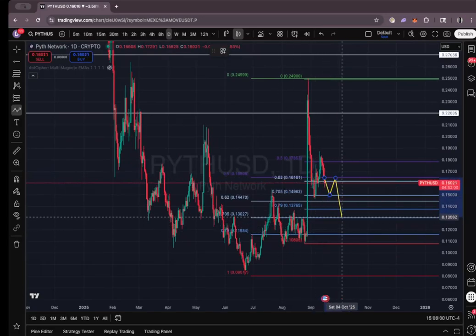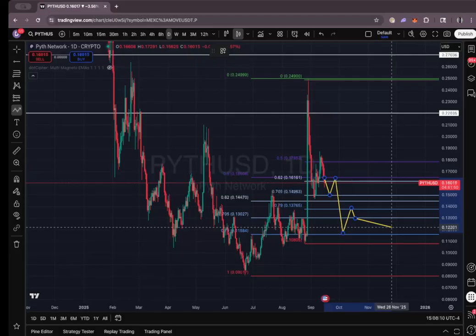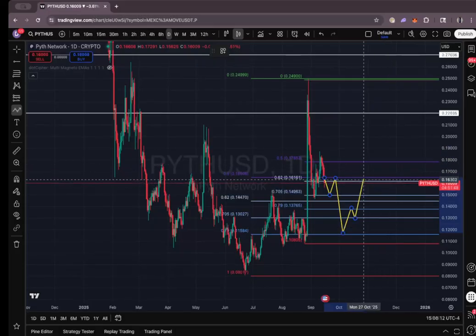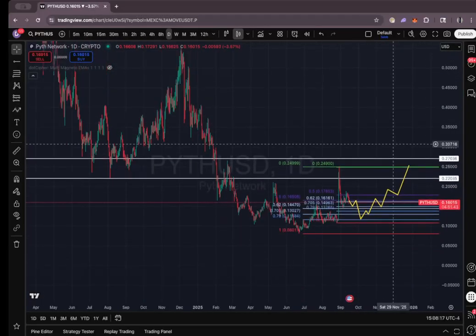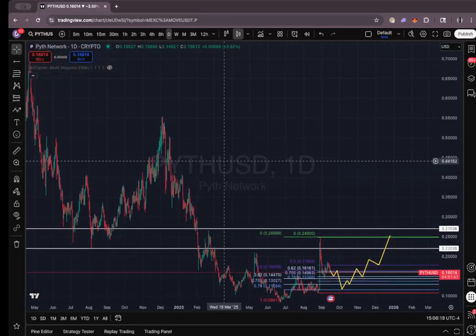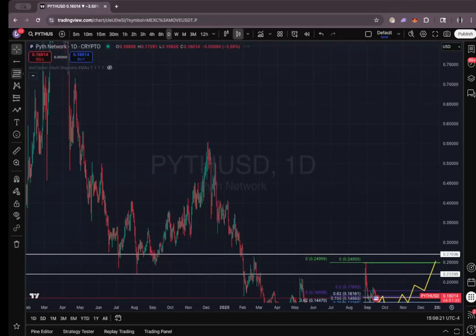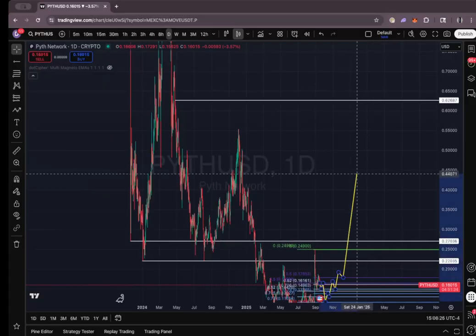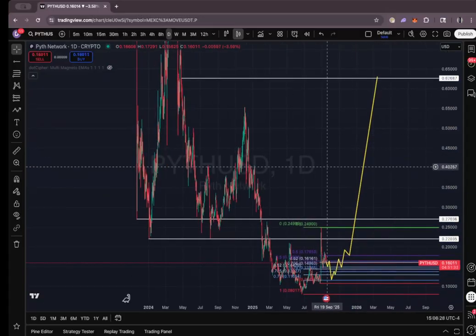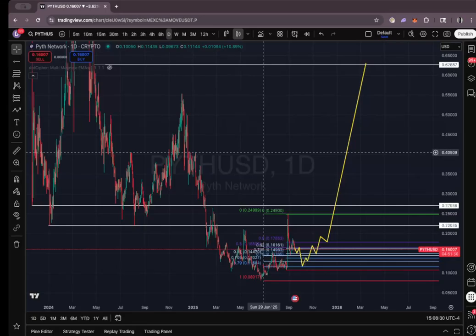I want to see some sort of wick here, either break 11.7 and then reclaim, right? And then after 11.7 reclaim, it needs to be able to bounce. Otherwise, this would be what I would need to see. So if we do that, then we would be clear to at least target one of these dailies up here, maybe up here, 62. This would be the next range high, right? So something like that I would want to see.